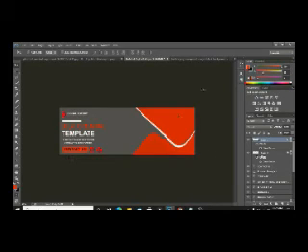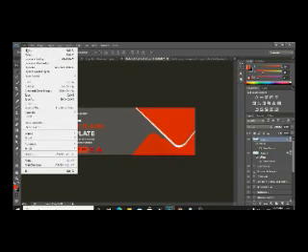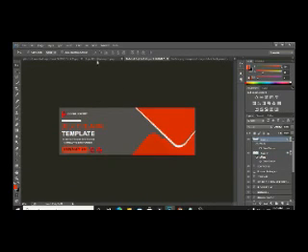If you want to add more icons you can, but I think I'm okay with two. Okay, now one step is missing. What is it? We have to add a picture here as well.